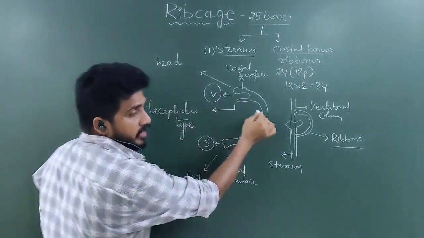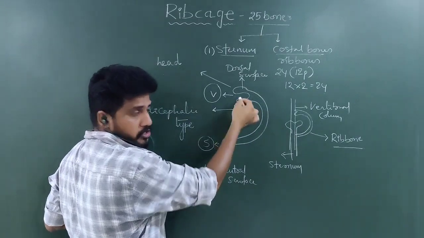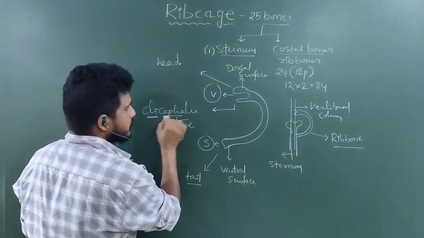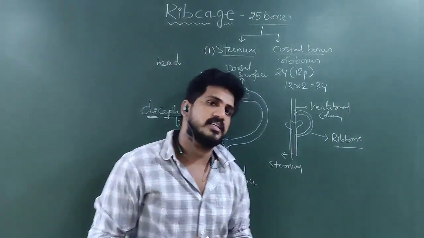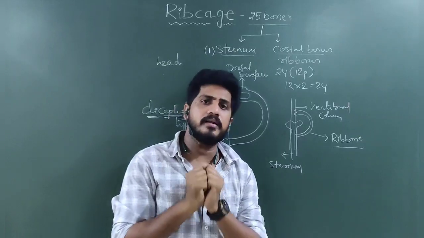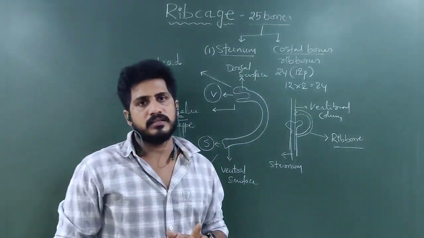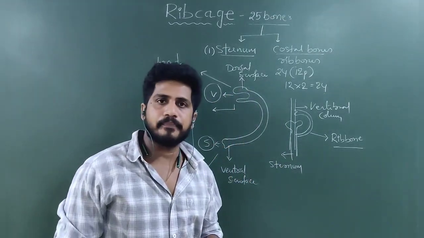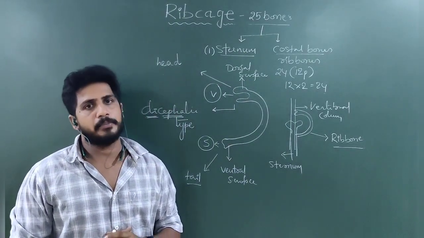The head of the rib bone has two portions, two projections. That's why it is called di. Di means two. Cepha means head. So two projections, just like two head-like structures, are present. That's why the mammal rib bone is dicephalic. Every bone of the human rib cage is dicephalic. But other than mammals, you cannot find dicephalic rib bones.